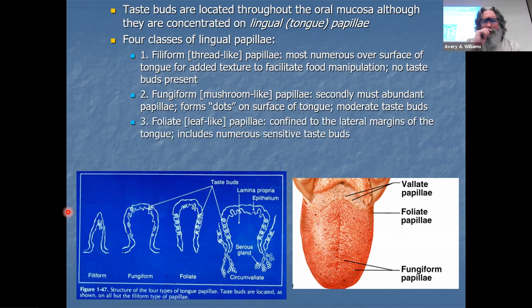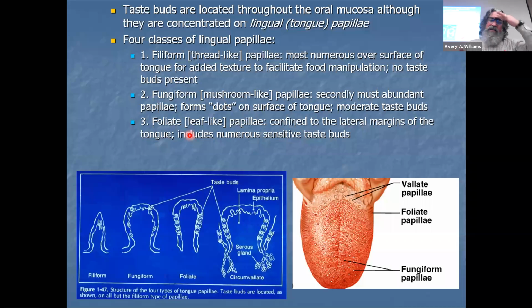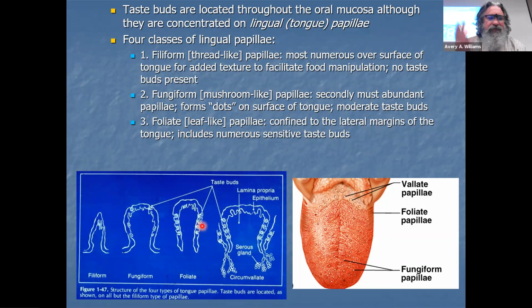Okay. Number 3 are the foliate. Foliate means leaf-like, like foliage is leaves on a tree. So something that's foliate is kind of leaf shaped. Does that look like a leaf to you? I guess that looks like a leaf. Anyway, these are special papillae located on the lateral margins of the tongue, on the sides. And these are